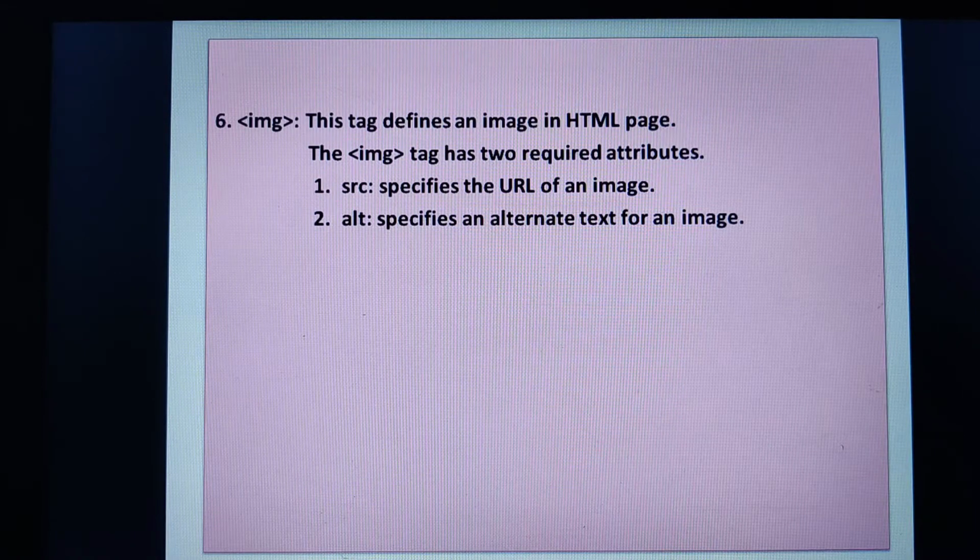Similarly, we have an anchor tag. Anchor tag is used to have a hyperlink on our web page, wherein hyperlink will connect you from one web page to another web page. Now let me demonstrate a program example for you so that you can clearly understand the usage of image as well as an anchor tag.